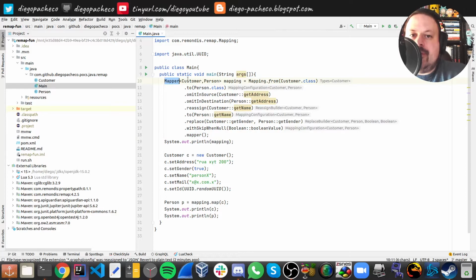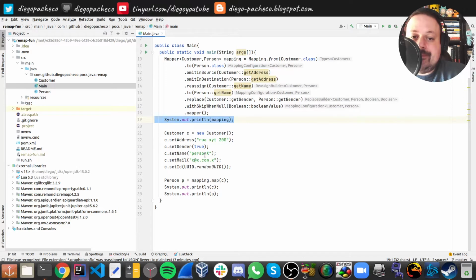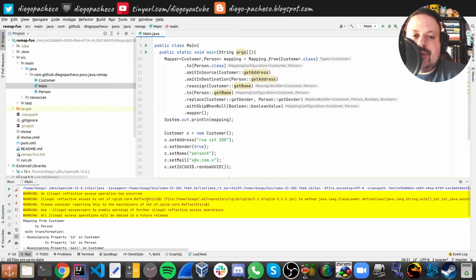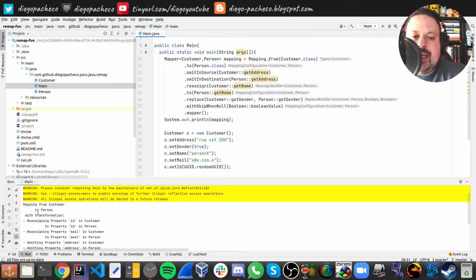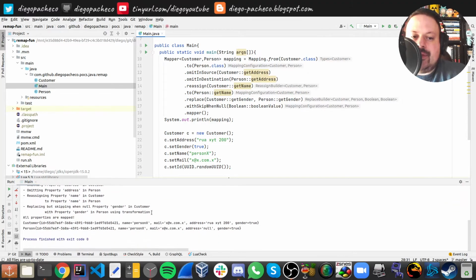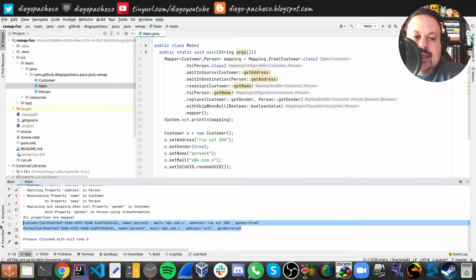And then I get a mapper of Customer to Person, and here we're just printing the mapping. And then here, let's say we create a customer, set address, gender, mail, name, and UUID. And here I just call mapping.map, and I pass the POJO, and then I get my other object back, right? So see, the API is very clear, it's very easy to use, and the performance is quite okay as well. So here, just printing the map, we can see more details about the mapping, and here we can see the mapping happened